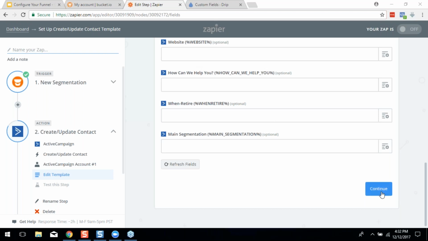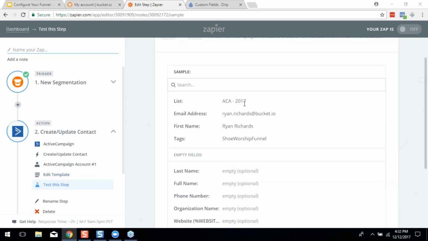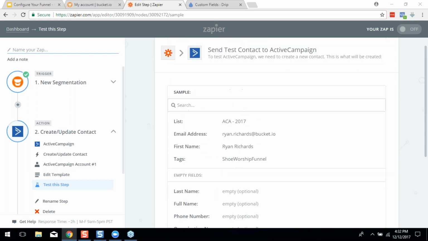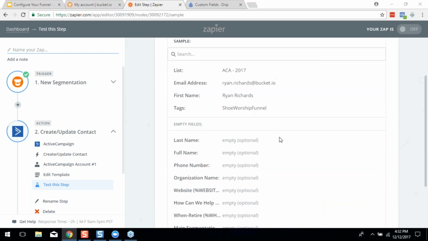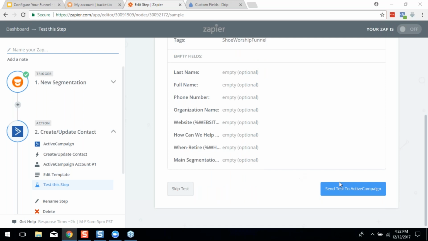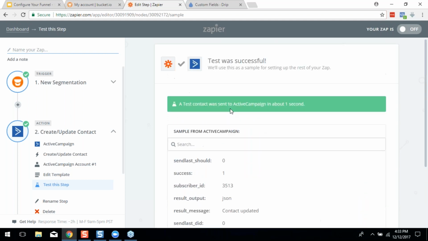Then once you're done setting up the lead, you hit continue, and then Zapier will show you what the lead will look like when you're going to send it over. So just imagine you're looking at leads, you're deciding who's best, who's not, who you're going to email, where they're going to go, and that's what this lead will look like when you're done. And so you want to make sure everything is filled out the way it needs to be, and then you're going to send your test over to ActiveCampaign, or not ActiveCampaign. You'll send a test over to whatever ConvertKit, whatever your email marketing service is,